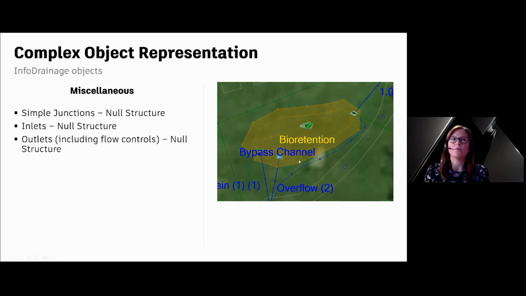It might be a headwall, and the outlets where we have an orifice and an overflow weir here would appear as a null structure when imported using InfoDrainage for Civil 3D. And the same would go for a simple junction, which is usually used where there's not a physical manhole connecting multiple structures.